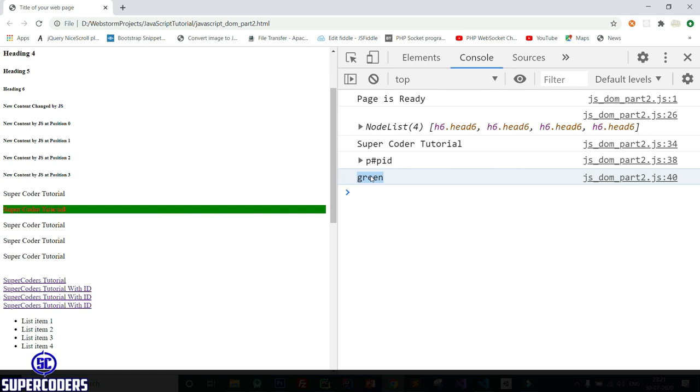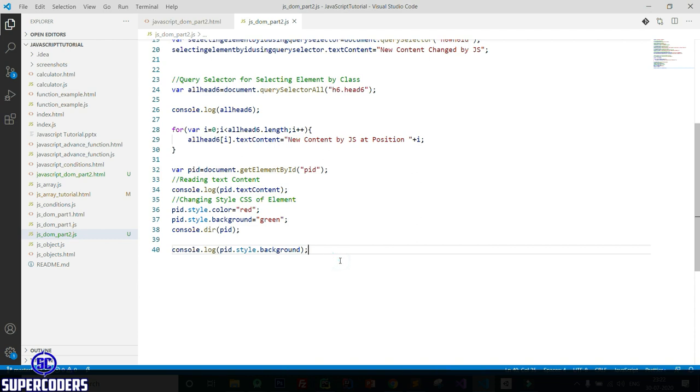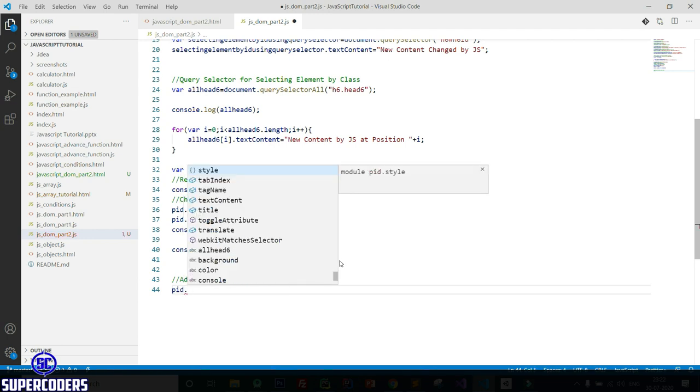Now let's see how you can add attributes in HTML elements and also set the value. Adding attributes and value. So let's see, p dot.